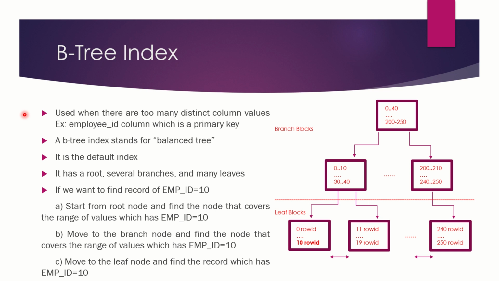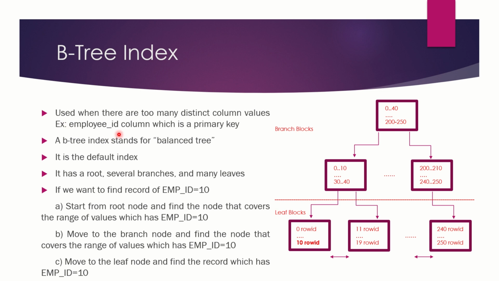Let's explore the first type of index with respect to Oracle database, that is the B-tree index. It is the default index created and is also known as the balanced tree index. Now we saw in the previous slide about the number of distinct values in a column, and we should start with such a column in the where part of the clause which has too many distinct values. So a B-tree index will be beneficial when there are too many distinct values in the column present in the where part of the clause.